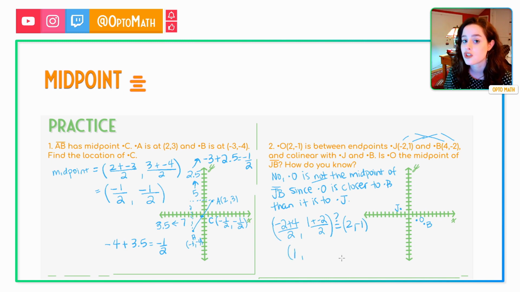We can already tell it's not going to be true because the 1 does not match the 2. But let's go ahead and figure out this other point, our y value, just to be sure. 1 plus a -2 is -1, divided by 2 is -1/2. So that does not equal -1. So that's a way to show definitively, without a doubt, with numbers, that point O is not the midpoint of